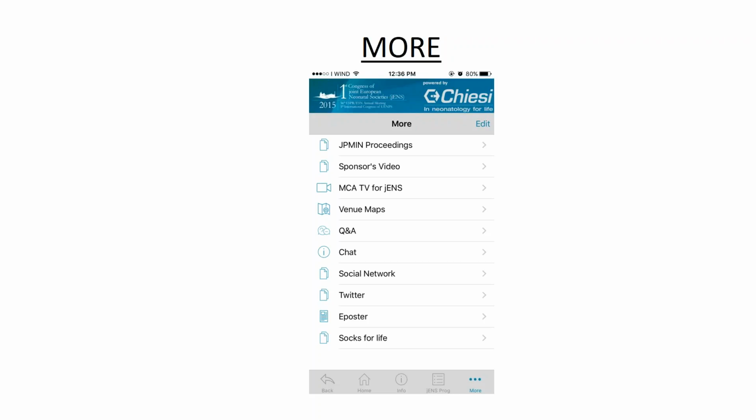So as we noticed in info, we saw the sponsor info, we saw the Congress information, we saw the general information, and we saw the social event information. Here, we have more. And here you'll be able to see the sponsors information more, into their sponsored videos, if a certain sponsor has sponsored the app, where you see more information on them and what they're doing in regards